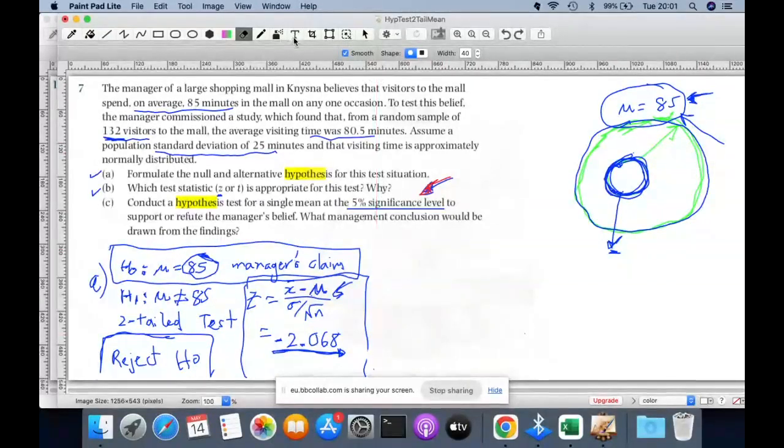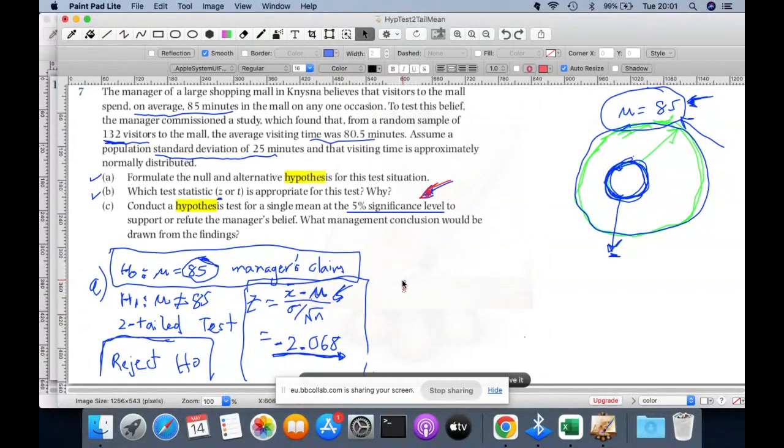All right, so let's get to the text. What you would write, the first thing you want to start off with, is stating the level of significance. So what you would say is, at whatever the level of significance is for this problem, and in this problem it's 5%. So you would say at a 5% level of significance,